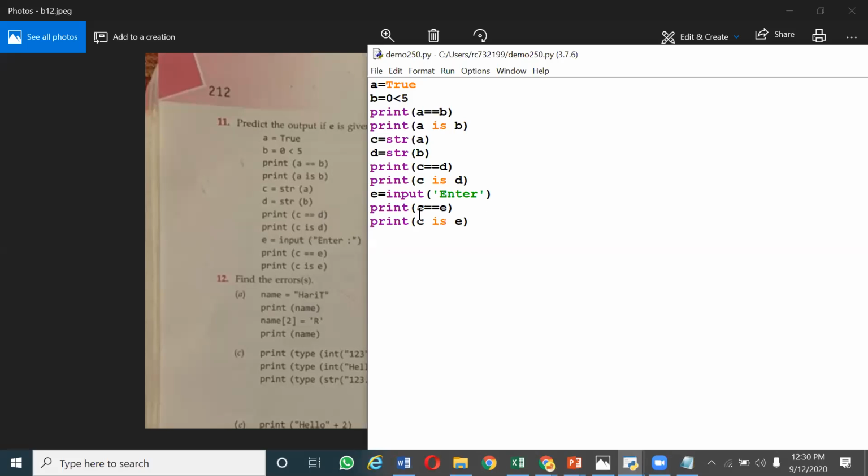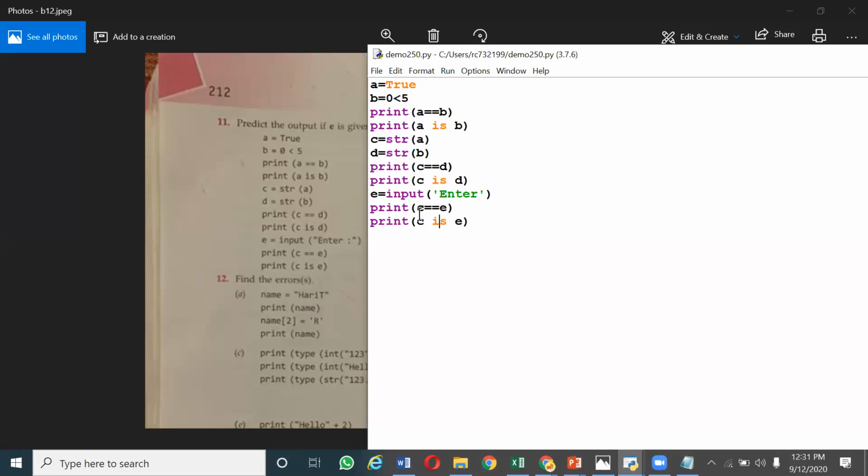So if you are doing the initialization in the program itself, A is B, the identity operator, will give you the result as true. However, if you are reading the value from the user, do you remember we have discussed about VLML? When you initialize both the variables with the VLML, string 1 is equal to string 2, and string 1 is string 2, both will give the result as true.